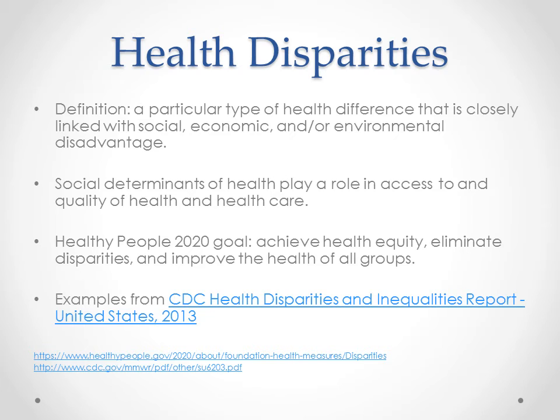Just a few examples that I'll highlight from the report using their terminology. In terms of disparities, non-Hispanic blacks have an over 50% higher risk of premature death due to heart disease or stroke versus non-Hispanic whites. Diabetes prevalence is higher in most minority populations than it is in Asians and whites, and also higher in those with less than a college education or with lower incomes. And finally, infant mortality rates for blacks is double that of whites and is higher in the South and Midwest than in other areas of the country.